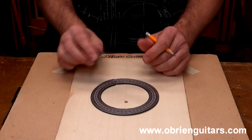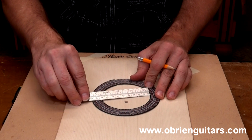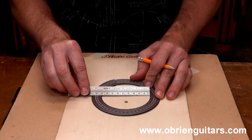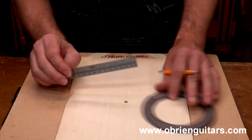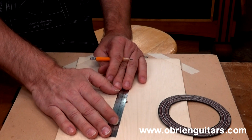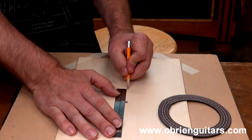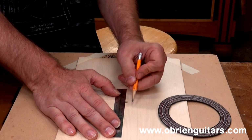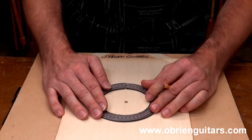So the first thing I do when installing a rosette is just find the inside diameter at the widest point. I just take a ruler and place it in there and just move it around until I find the widest diameter. On this one, it looks like it's coming out at about 90 millimeters. Half of 90 is 73, so I'm just going to mark that. Sean, stay with me now. It's not 73, it's 45. Come on now. And then I place the rosette over it